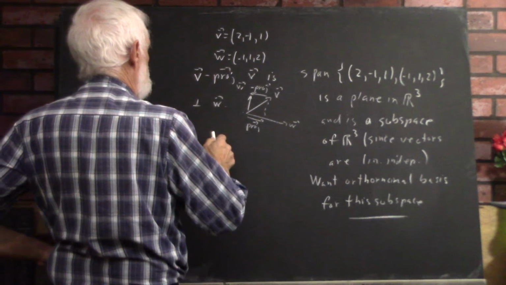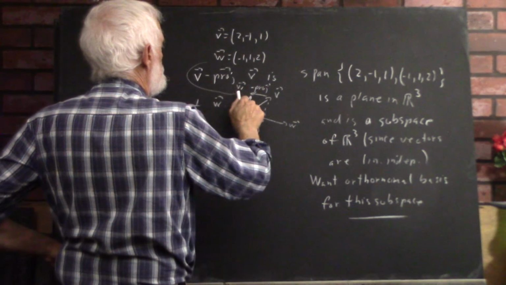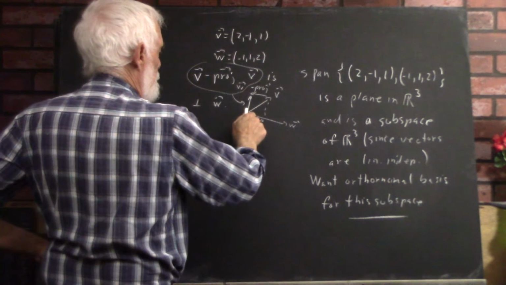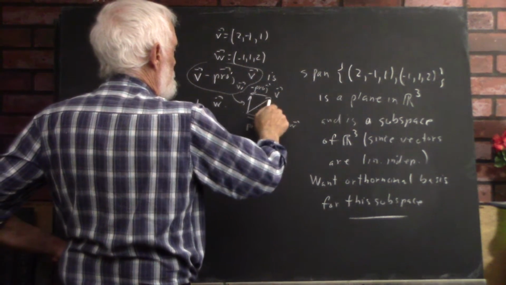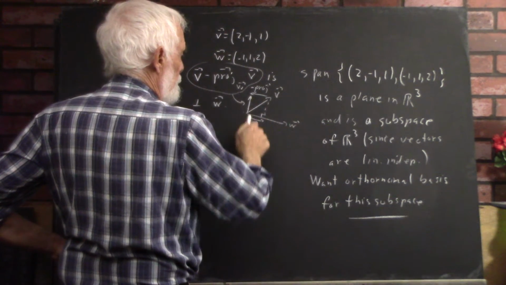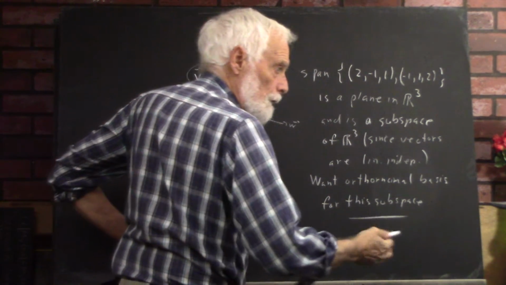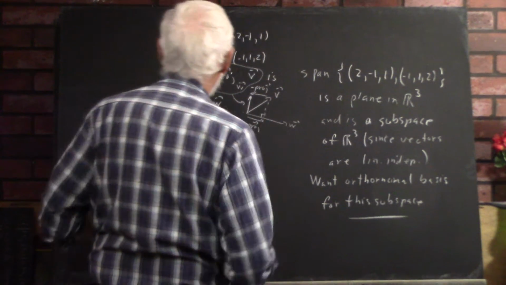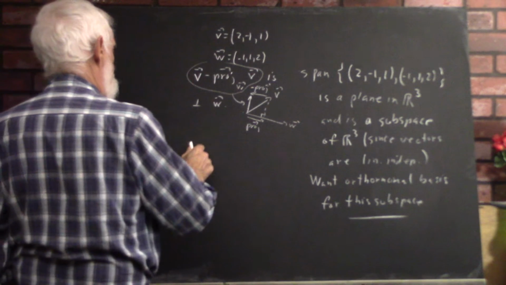And we get this vector being parallel to this line, which is perpendicular to W, and is then orthogonal to W. Okay, well,